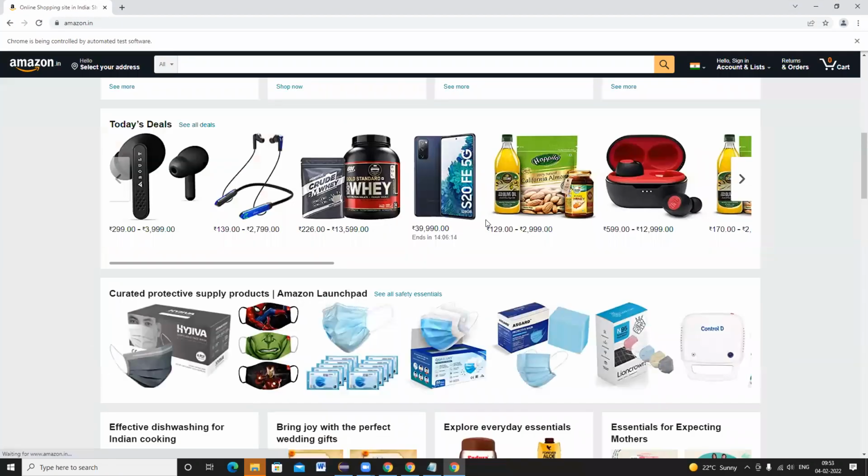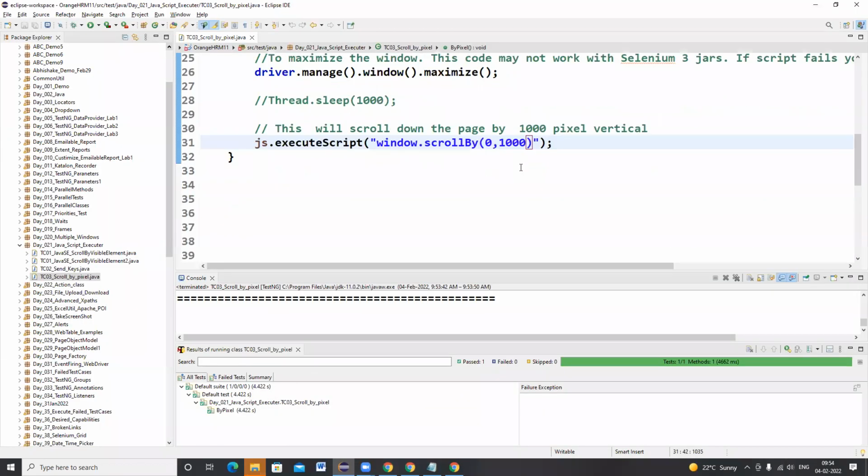We haven't taken any object reference for any web elements. We are just saying that it has to scroll until 1000 pixel, and then it should show, right? From here to here it has scrolled 1000 pixel. It is scrolling down until 1000 pixel. Okay. Got it?